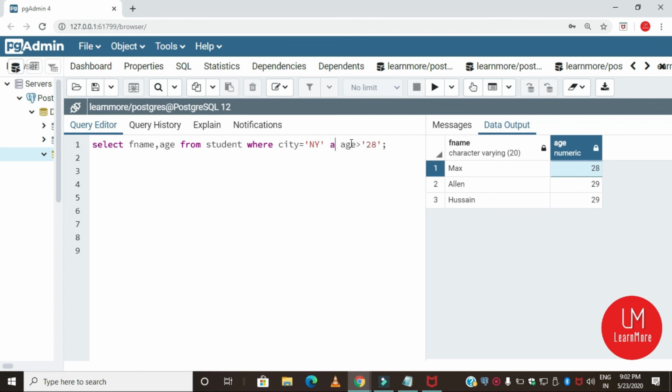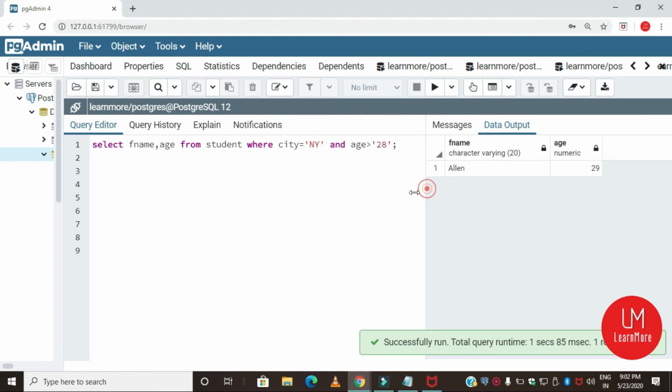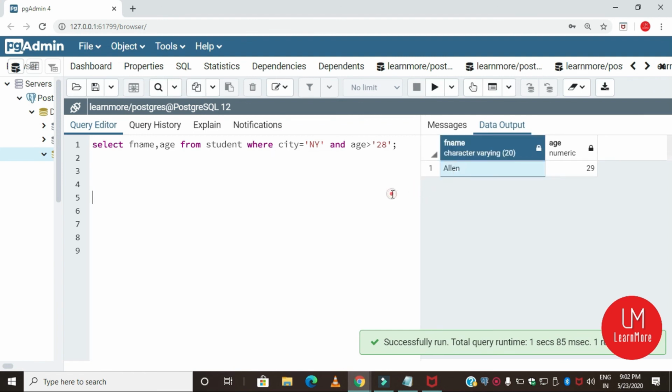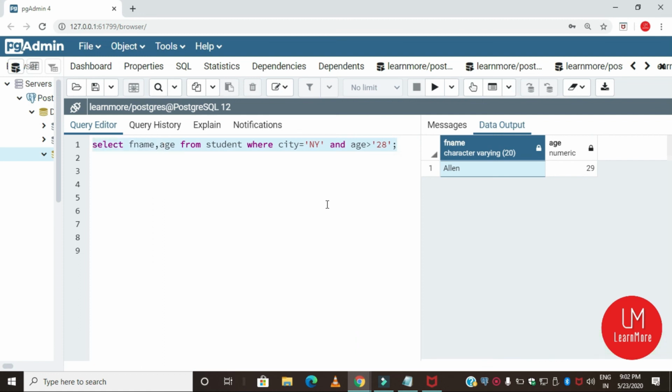And if you change this OR to AND, then you will get only one entry, that is Alan. Okay, and this is how you retrieve or filter out data using a condition. You can use the AND operator, and you can use the logical operators, less than, greater than, equal to, not equal to, all those operators here. Okay, I hope you understand.